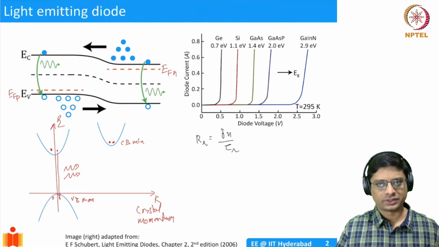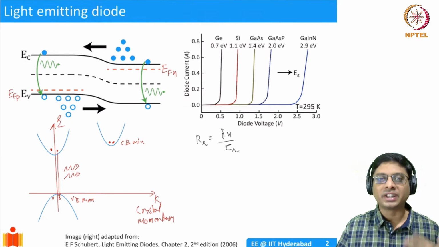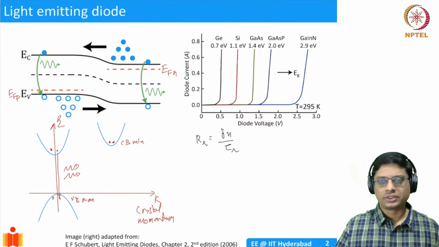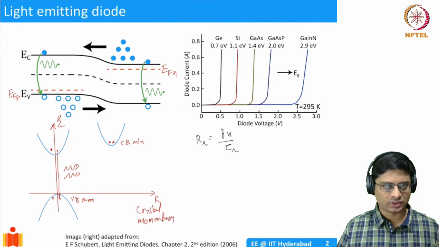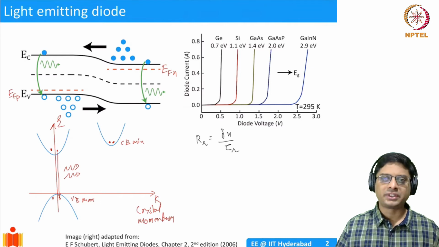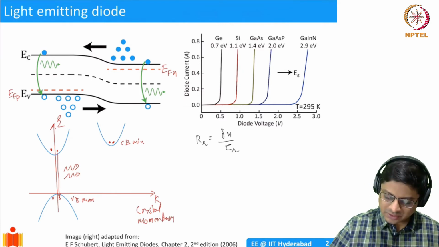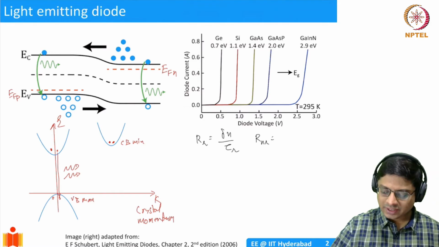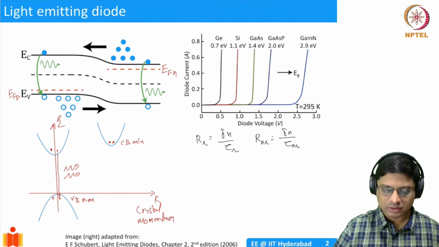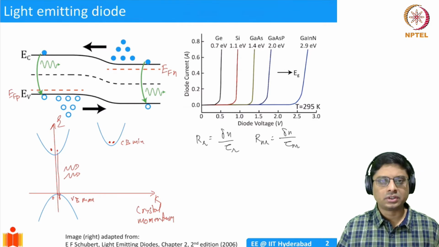Okay, this is one of the processes, radiative recombination. That means it's emitting a photon. The other process can be a whole bunch of processes. It can be trap-assisted recombination or surface recombination or whatever. There are many, many different processes, so all of that will bunch into what we call non-radiative recombination. And the rate again will be dependent on delta N. So tau and R. Okay, these are the two channels.